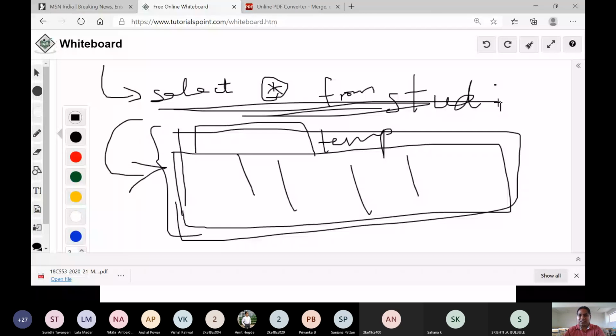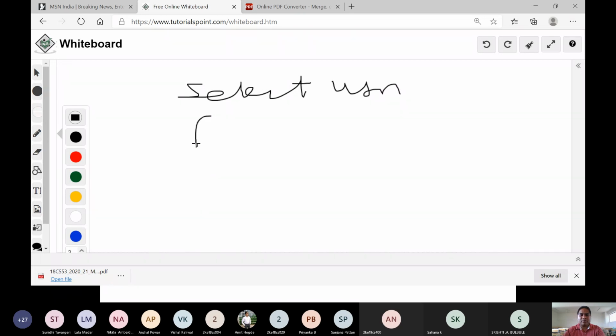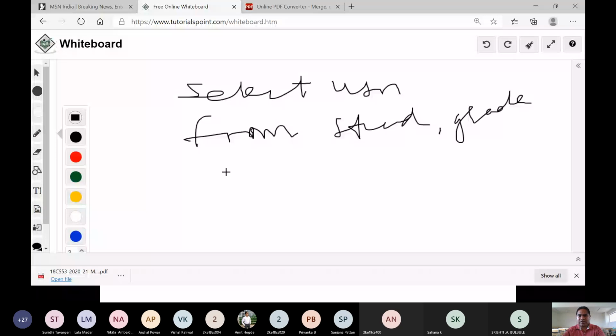So for your request, this is the retrieval. Based on this retrieval, one table is created and displayed. This is the new type of relation we have. It may come from either a single table or multiple tables. Sometimes I may write my query in different ways. So I write select USN from student, comma, grade. I imagine that grade and student are related. So where